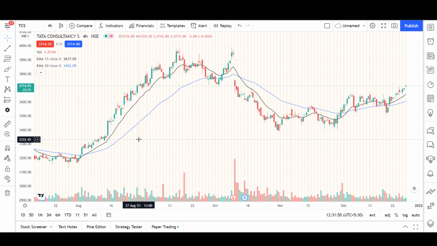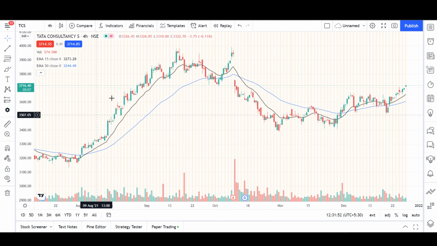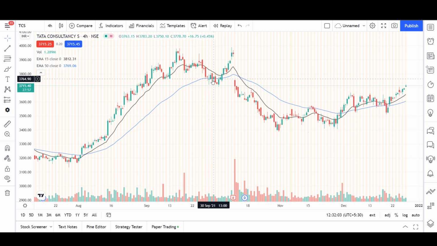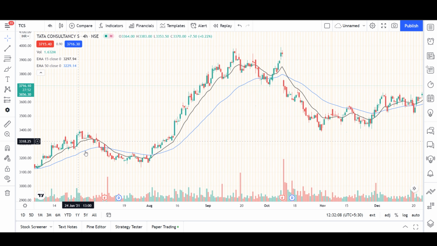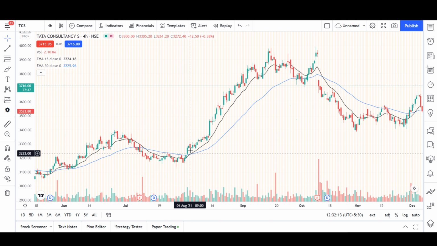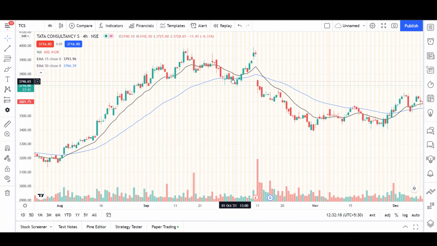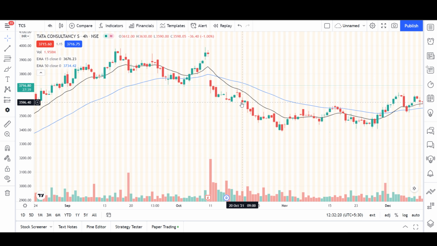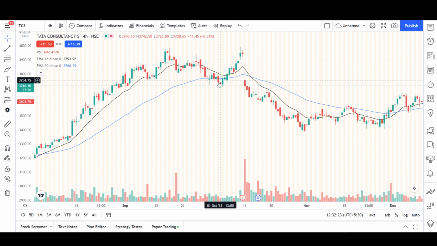For example, let's say we entered here, and at exactly this place the candles have started to form below the 50 EMA. It has broken down below the 50 EMA. The 50 EMA acts as a strong support and a strong resistance for the stock, as we can see here. It is following this support and resistance. As it is breaking above it, it is giving a breakout, and when it is breaking below it, it is giving a breakdown. So as we can see here, we would exit this stock somewhere right here, because it started to break it.